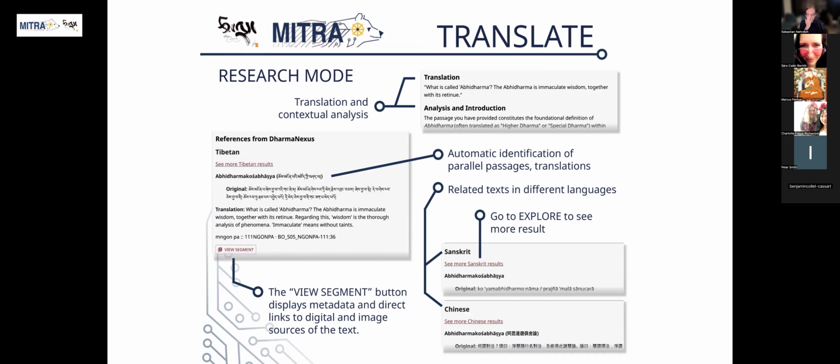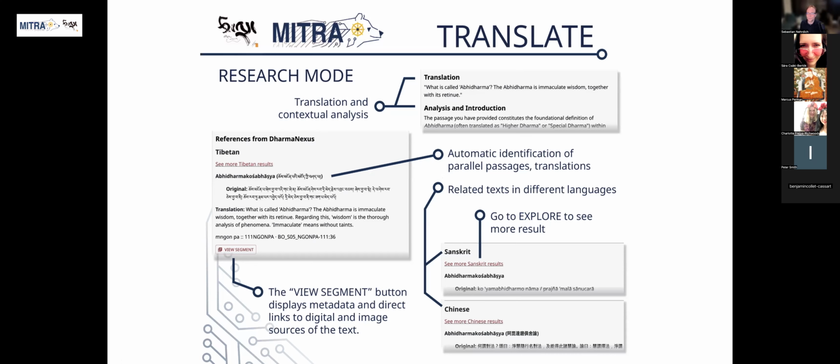Moving on from the grammatical explanation mode to the research mode. Again, this is by toggling the mode to research or by clicking the research button at the end of the translation. This will give a translation and then also a contextual analysis of the intertextual relationship of that passage.